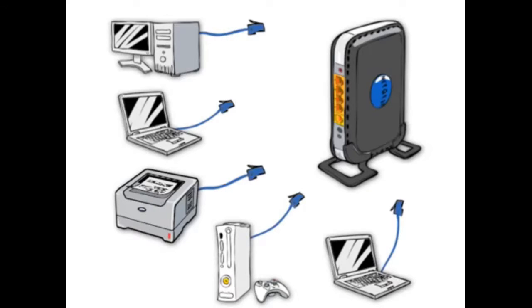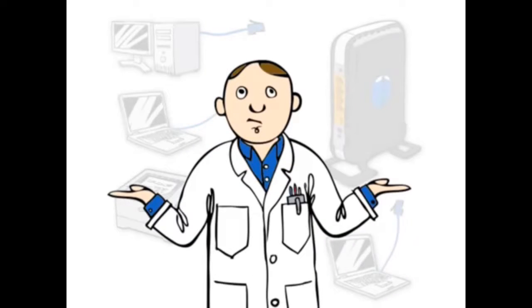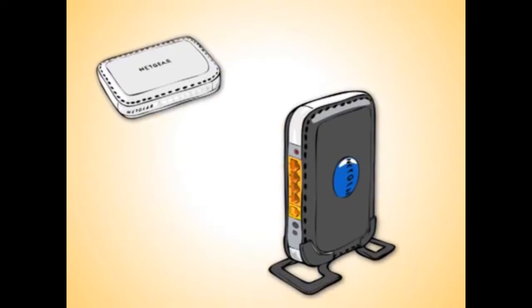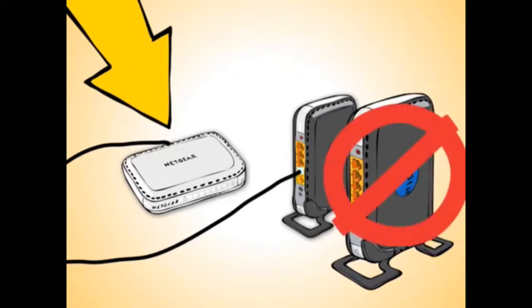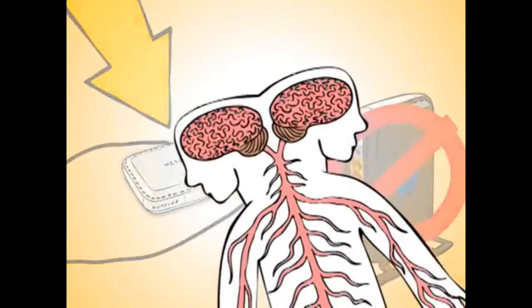Now say you have more than 4 items you'd like to plug into a router. You need more ports. The solution is easy. You'll need an additional switch, which again is that thing that's already built into your router. In this case, though, you just need the switch portion and not another router, because your network doesn't need 2